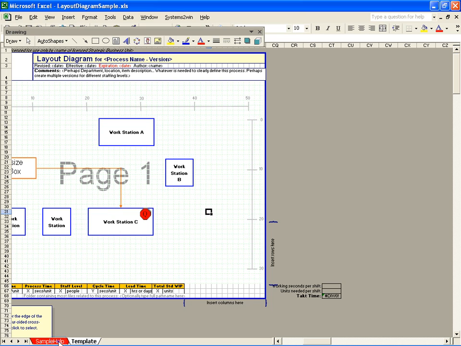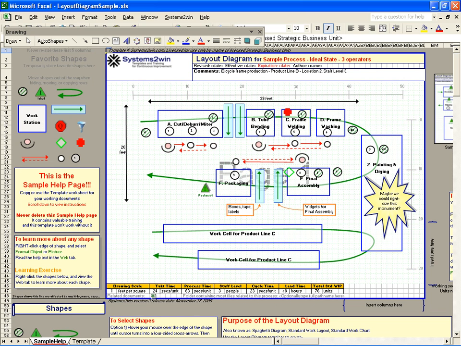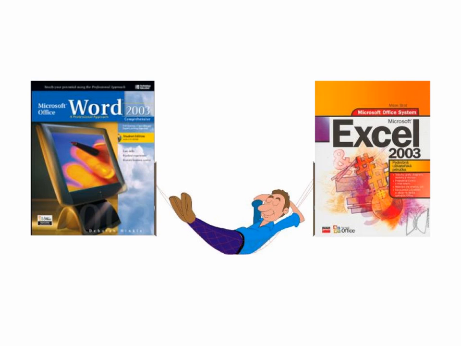And even make cool-looking bent arrows to quickly and easily produce end deliverables that provide clear and precise communication and present the professional image that will impress any vice president that wants to see some tangible results from all this continuous improvement stuff. And all of this is done using the Word and Excel that your people already own and know something about how to use. And everything that your people learn from the extensive free training that comes with these templates can be used with everything else that you ever do with Word or Excel.